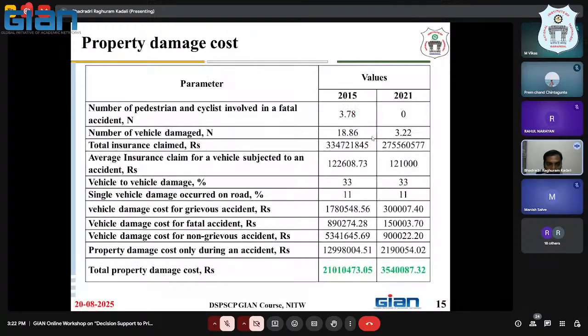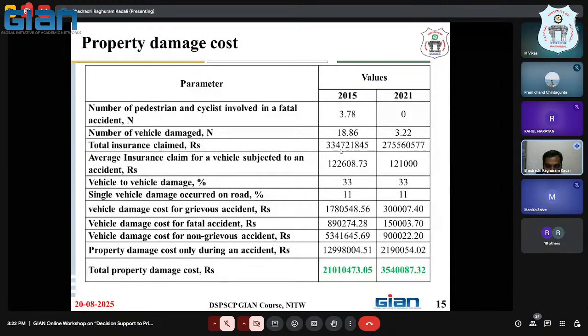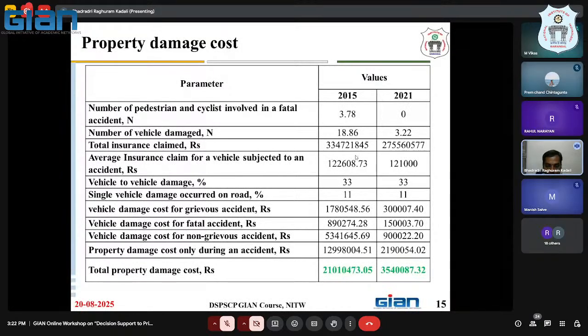If you have property damage alone, then the number of pedestrians or cyclists involved in that, the data shows only 3 people. In 2021, 0 people. Then the number of vehicles damaged, the average number of vehicles damaged, and the total number of insurance claims. This data will mostly be obtained from the insurance